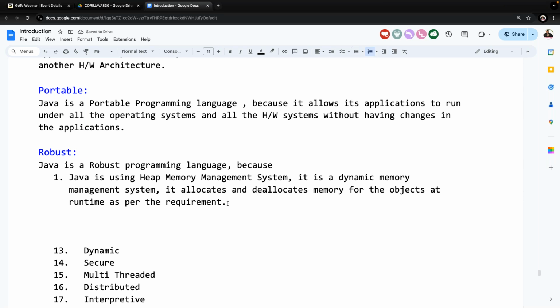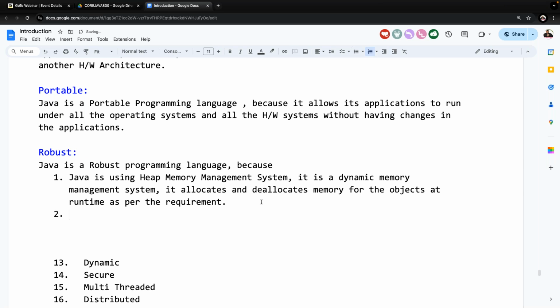So finally, the conclusion is: Java is very good at memory management, or not? Java is too good at memory management. Java's memory management system is extraordinary when compared with other programming languages. All of you understand the point clearly, what I'm telling you now. Okay, fine. Leave this point here.